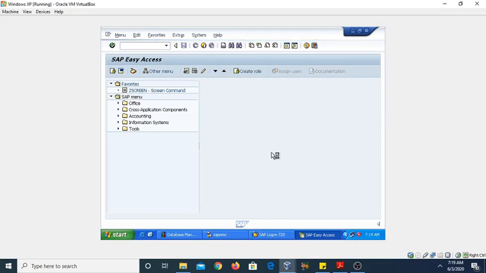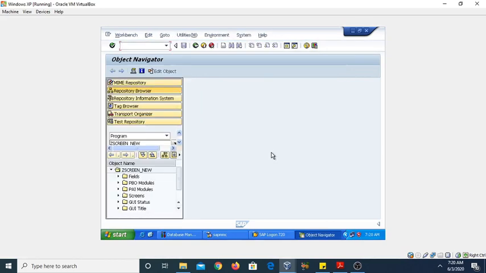Go to SE80 Object Navigator and select the program for which you want to create the tab strip element. Now select the particular screen on which you want to create the tab strip control. In my case, I am selecting screen number 1800.